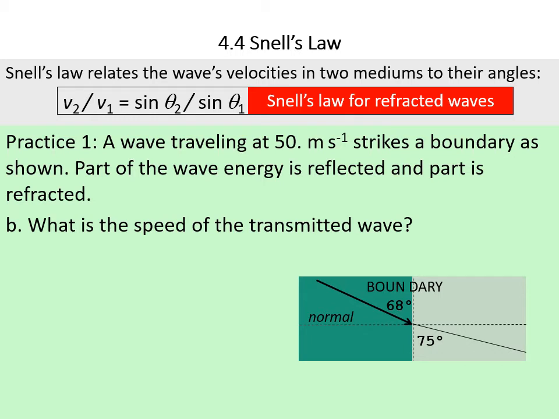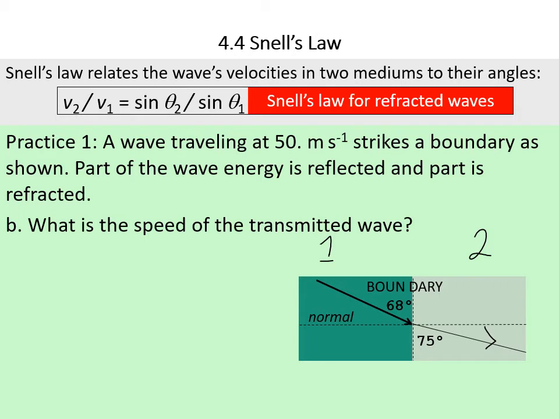What is the speed of the transmitted wave? We need to define what the media are. Media 1 is on the left. That's where the incident ray is coming. Media number 2 is on the right. It's the gray shaded region, and this is where the ray has passed on through. It's been refracted. And we need the angle of